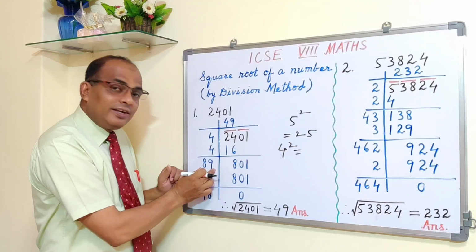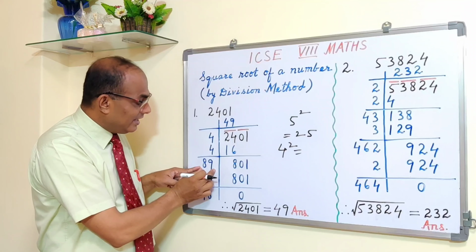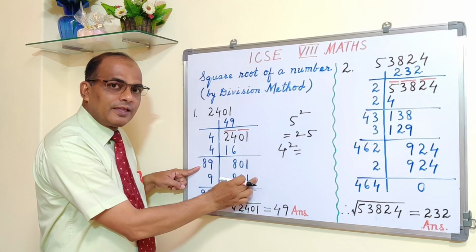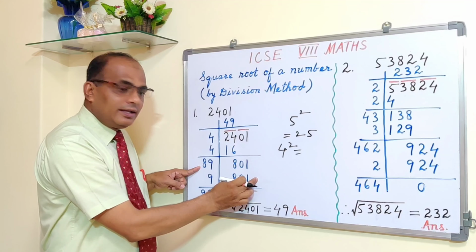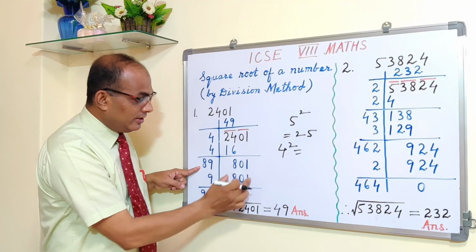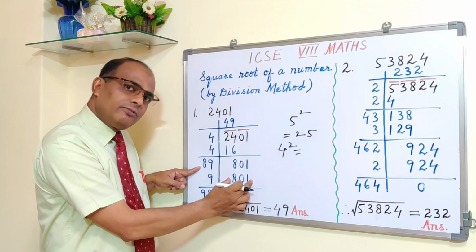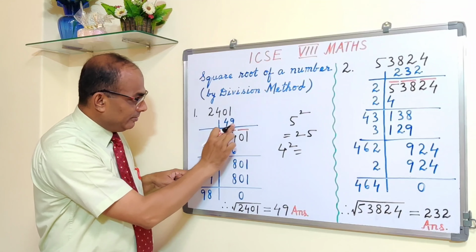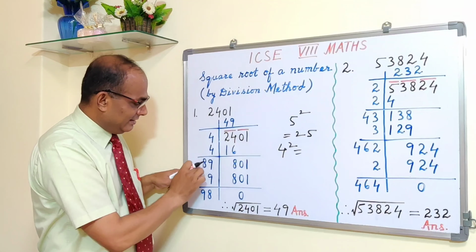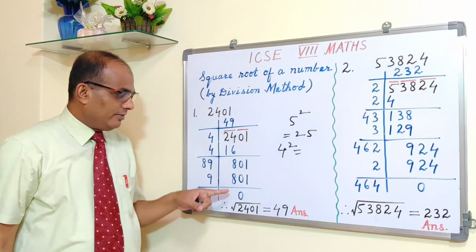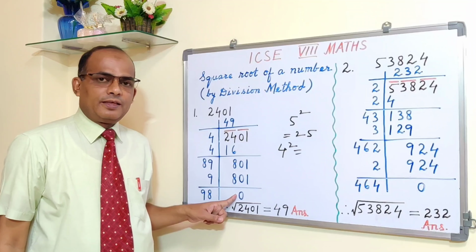Now this is the new divisor 89. This 89 will be multiplied by 9 and you are getting 801. Fine. This number should not be more than this. As long as it is equal or less, fine. So in our case it is equal. So 9 we multiply: 9 9s are 81, 1; 9 8s are 72 plus 8, 80. Okay, fine. And then you subtract. After subtraction you are getting 0.